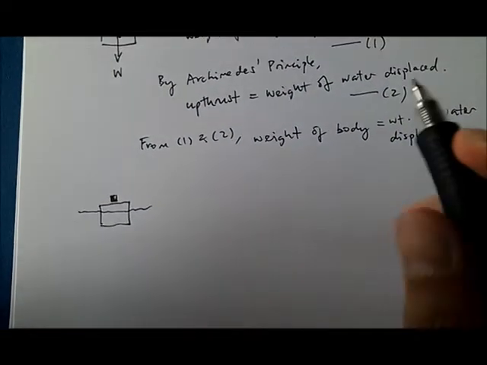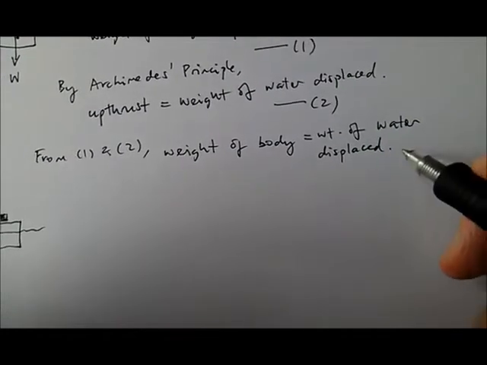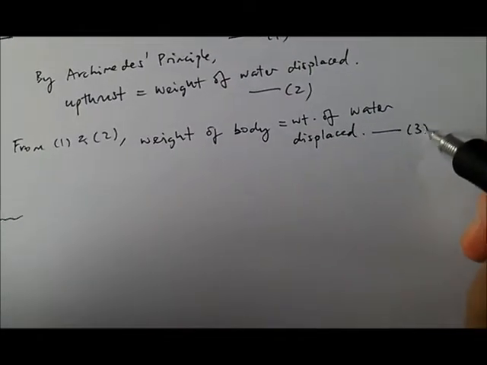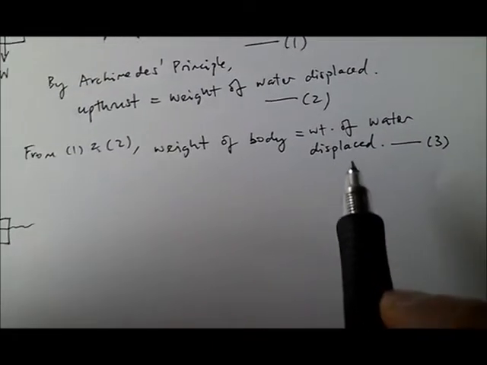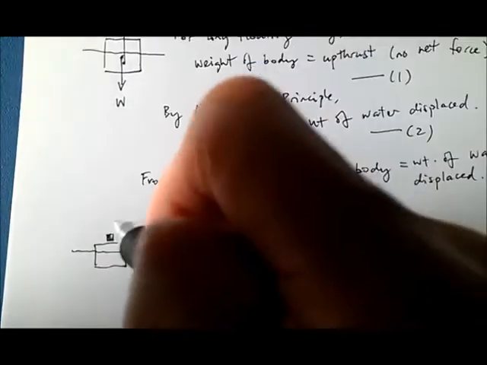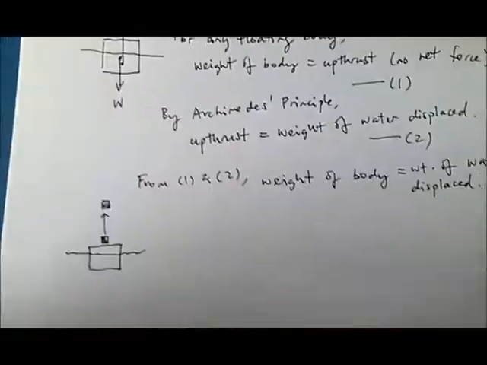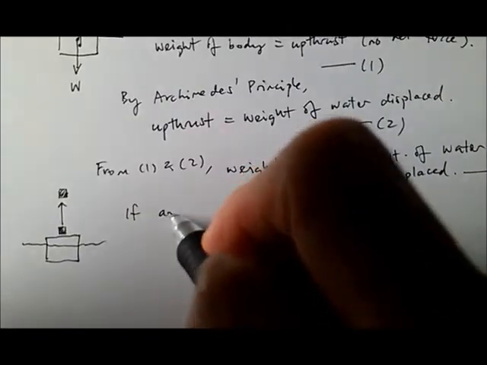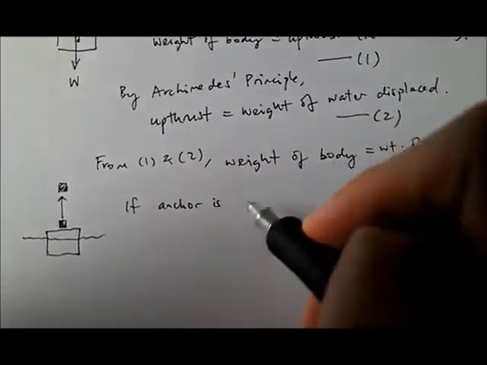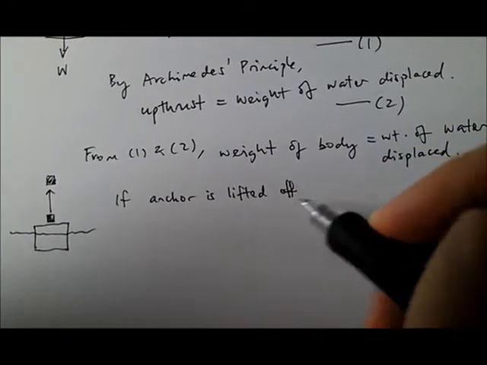So from the relation we obtained earlier, let's call it number 3, we see that the weight of the body is equal to the weight of the water displaced. So if this anchor is lifted off the boat,